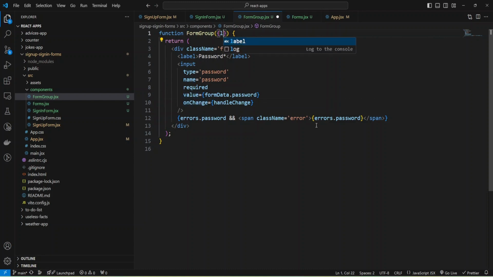That will be a label, also type, name, value, handle change. And also we need an arrow. And now I can use the provided props in my JSX and then just change hard-coded values to my props.